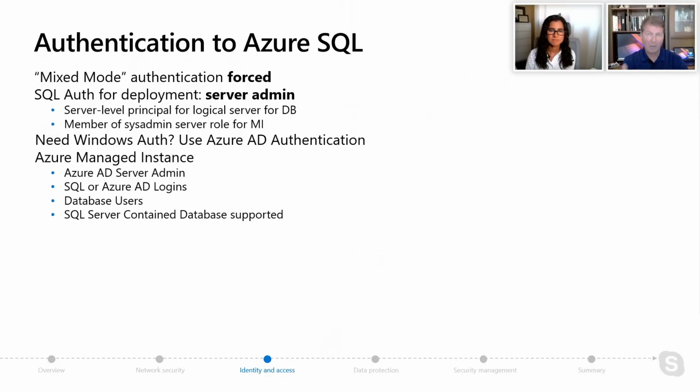Now, you might want Windows authentication scenarios or integrated type security. And this is where Azure AD authentication comes into play. If you think about authentication with managed instance, you can now set up, in addition to this SQL auth server admin, an Azure AD based server admin based on an Azure Active Directory account in your organization. This implies you've set up Azure Active Directory, and there's a process that we document for how to do that for your organization.